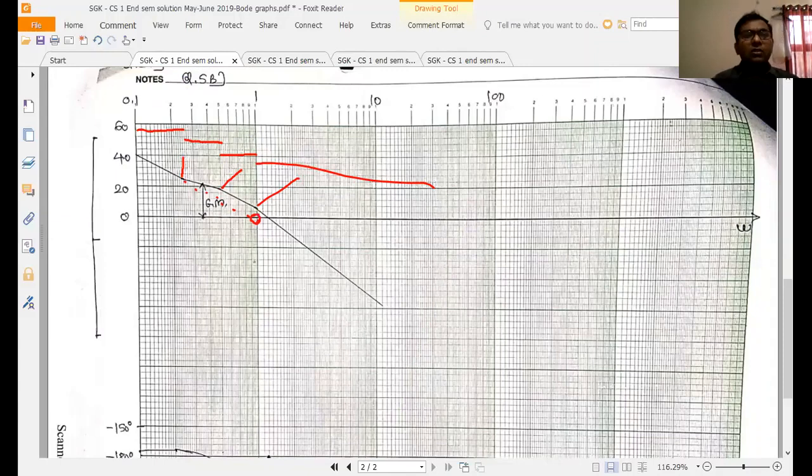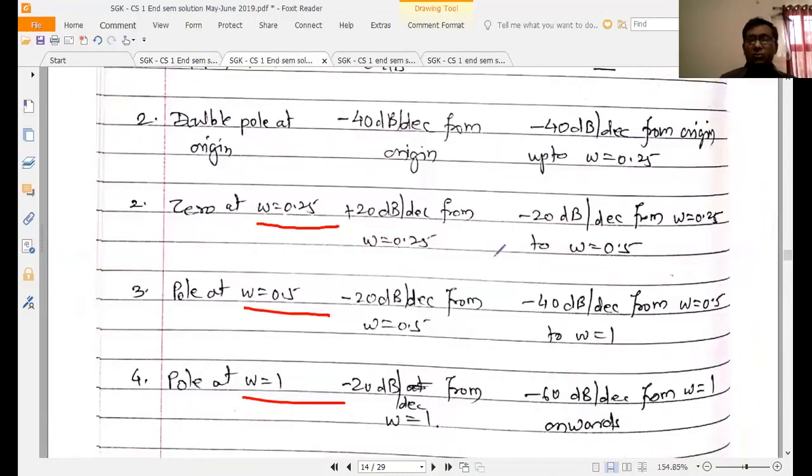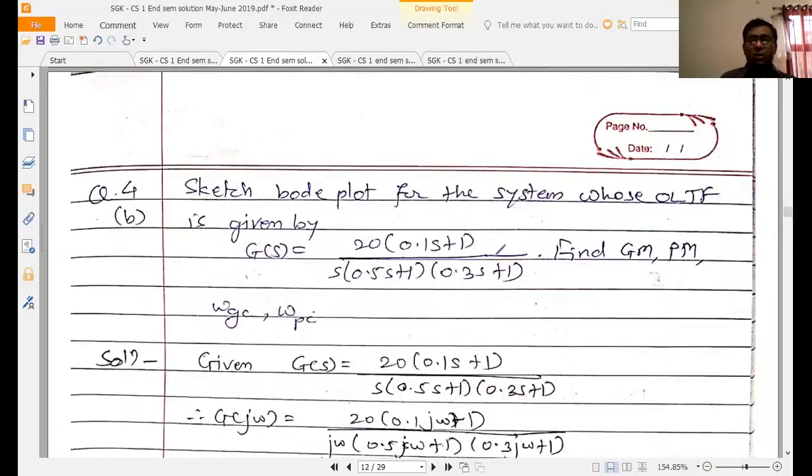Is it clear to everyone how we have done this? Am I audible? So is it clear now how we have drawn this plot? If you have problems, see, you will only get problems if you try. So remember, you have to draw on your own. You have to try on your own. Remember, you will have to try all these graphs. So now we'll move on to another problem.